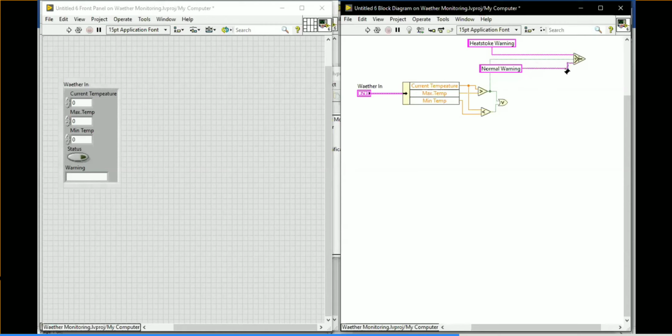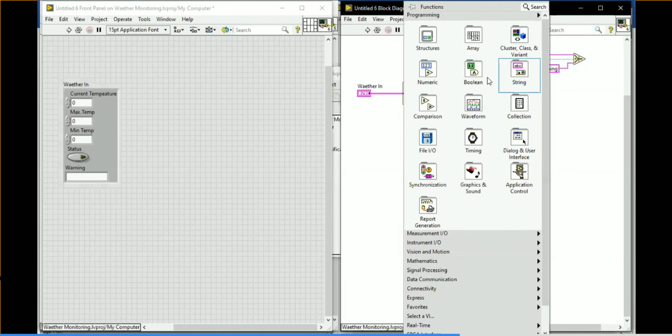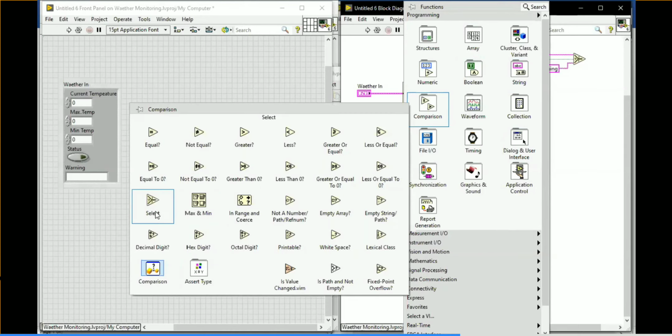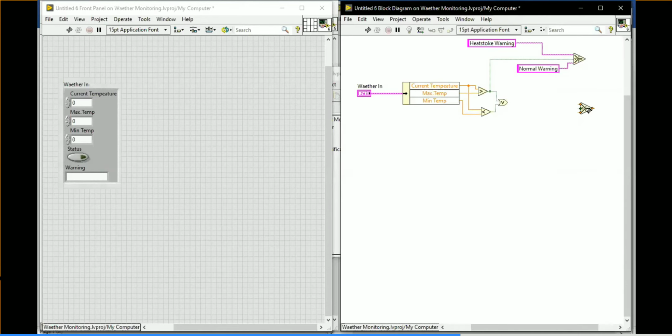Okay, same way do it for the next, the less than comparison also. Okay, take one more select function. So comparison, select function, select here. Okay, so this time this is going to be a condition here.